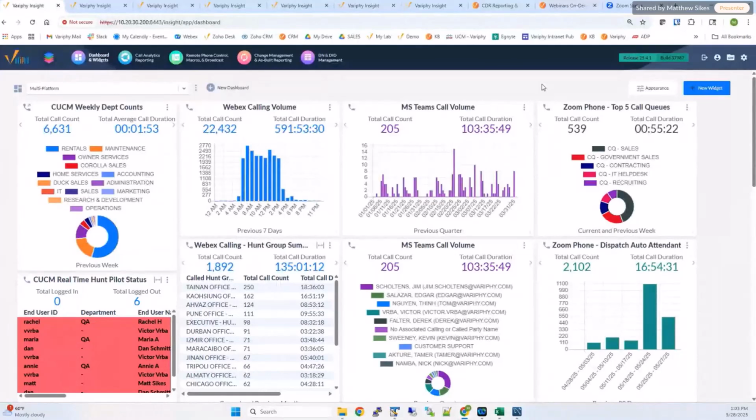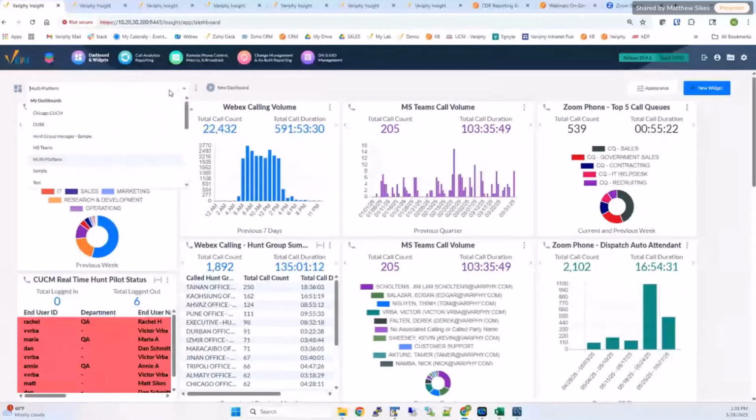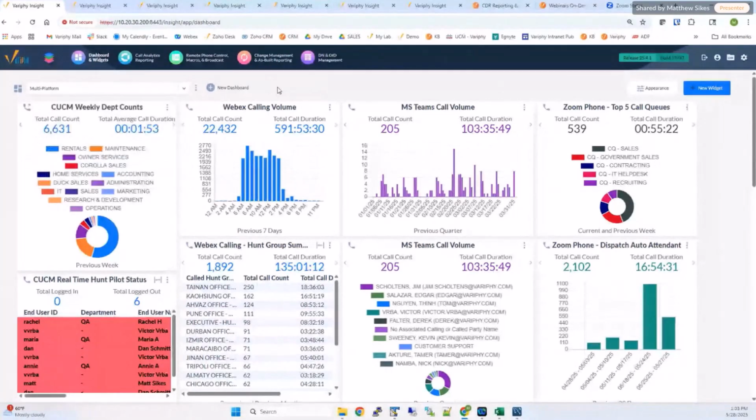So with all that being said, there are all kinds of different ways that we can build dashboards within Verify. I wouldn't say an endless amount, but there's an almost limitless amount of dashboards you can create. They can be tailored towards different content, different audience members, different platforms, different locations, different regional managers, et cetera. So there are definitely different ways to showcase and build them out,